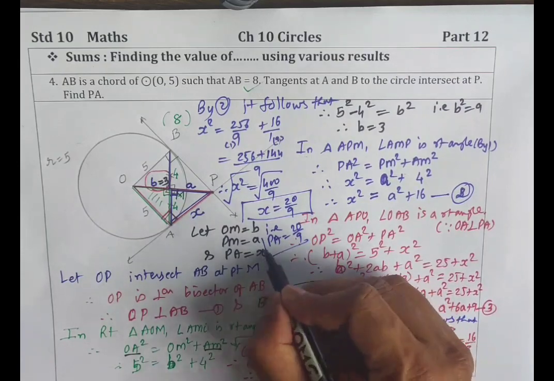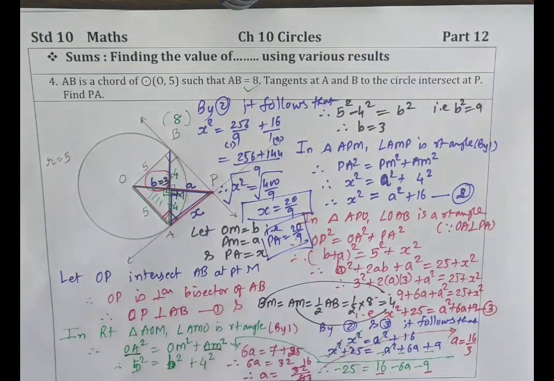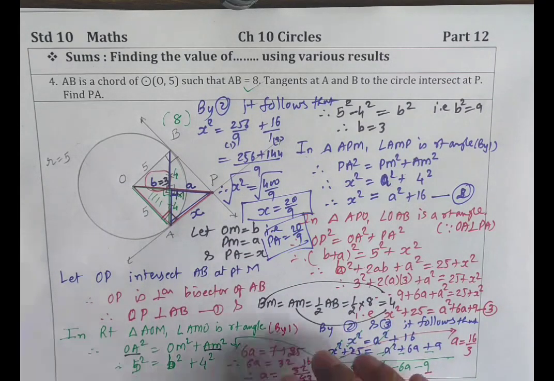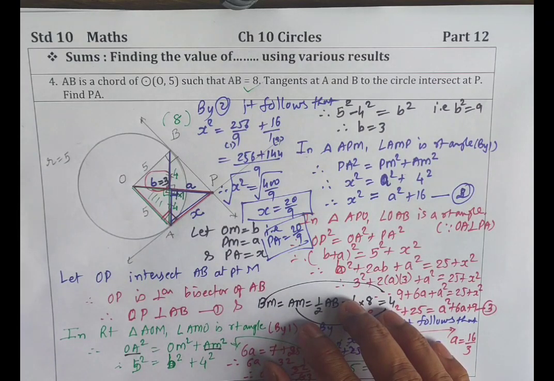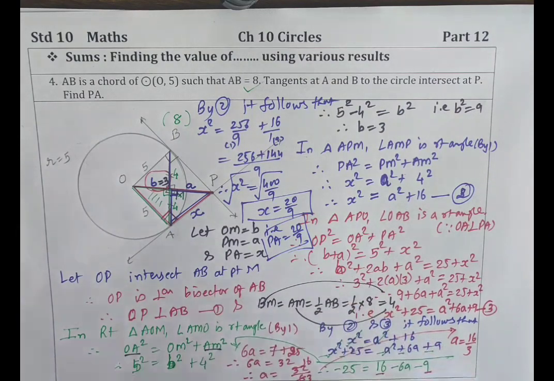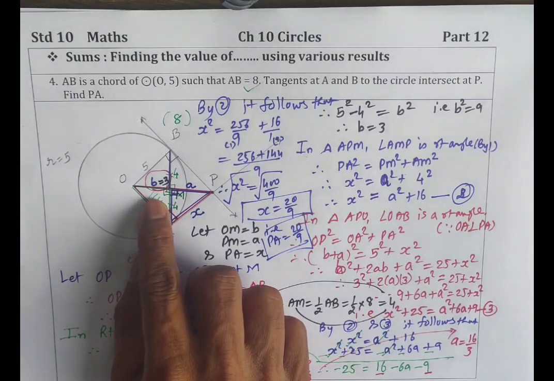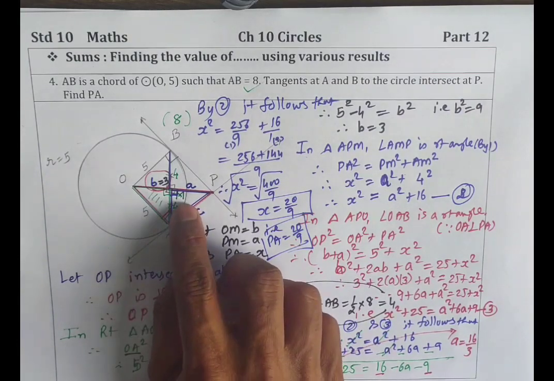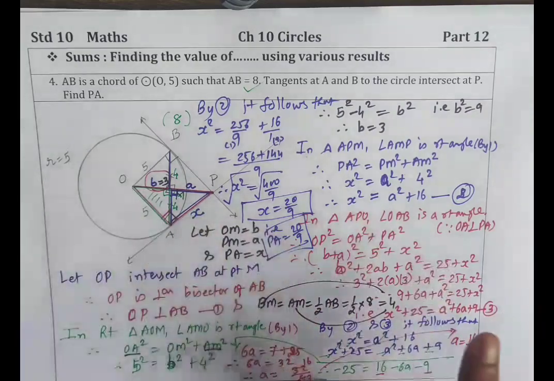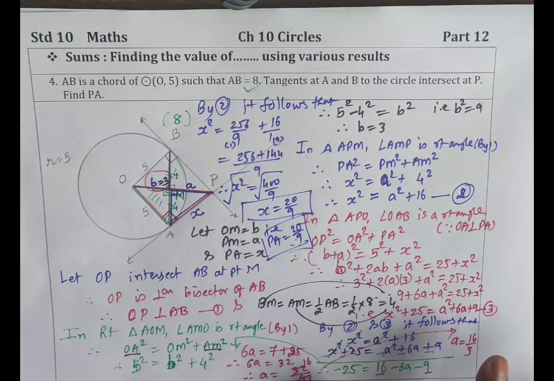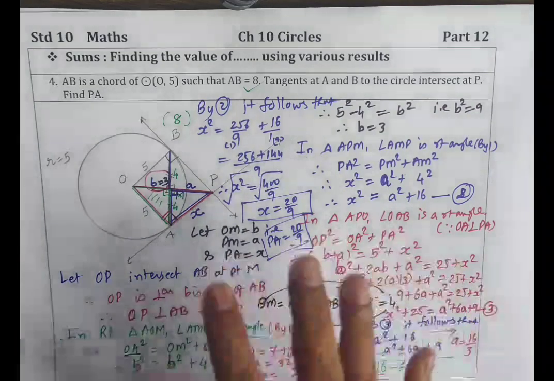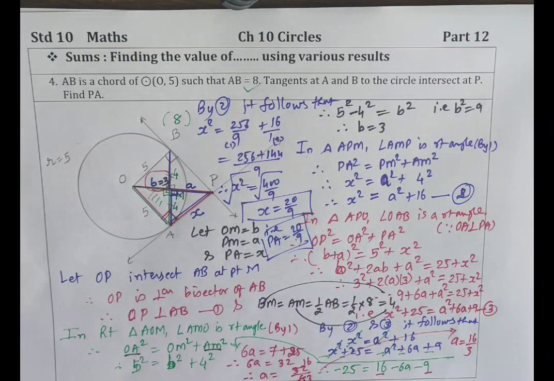You can leave the answer like this. So what is the length of the tangent PA? X, that is 20 upon 9. So this is a very lengthy method. Children, I'll show you another optional method which is given to you in the textbook. Here what we did, we pick up one green triangle which is right triangle, blue triangle and the red triangle, and we utilize all three equations of Pythagoras and then somehow manage to solve this. But there is an easy method to solve it. Let's do that.